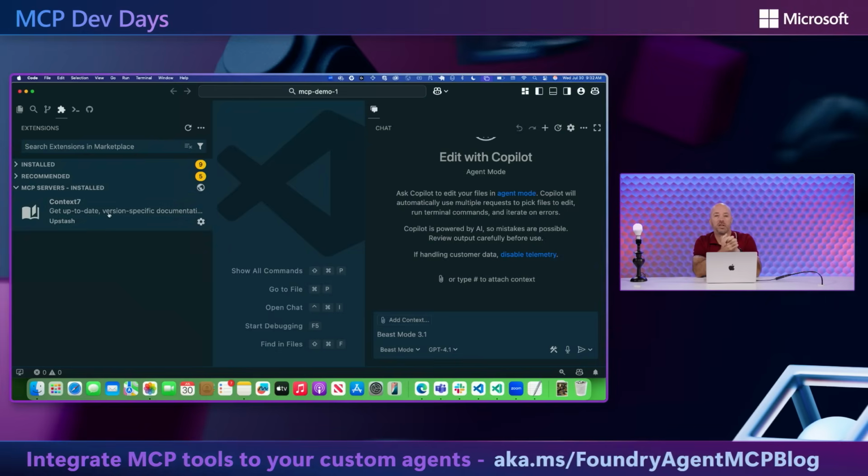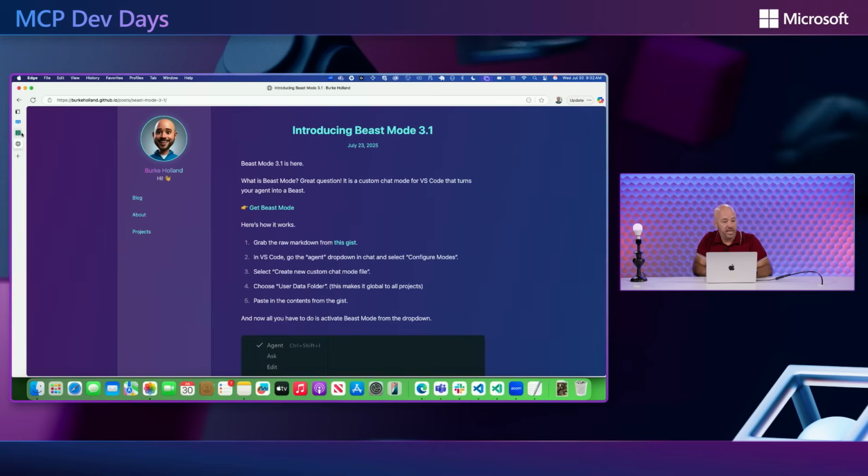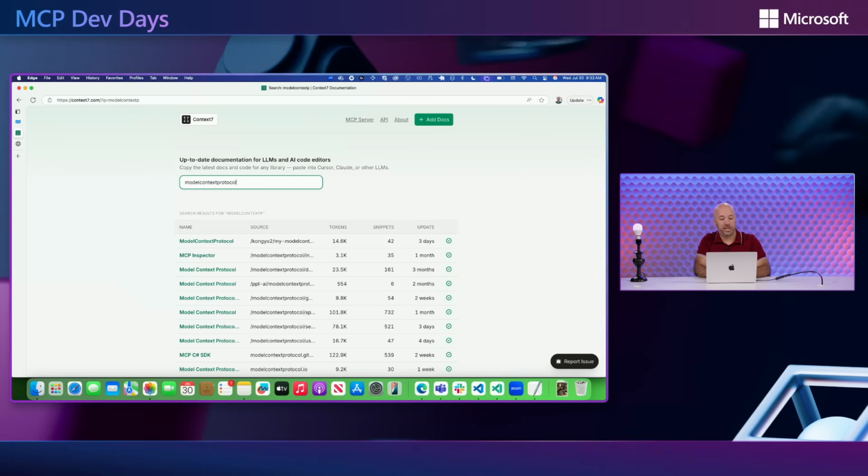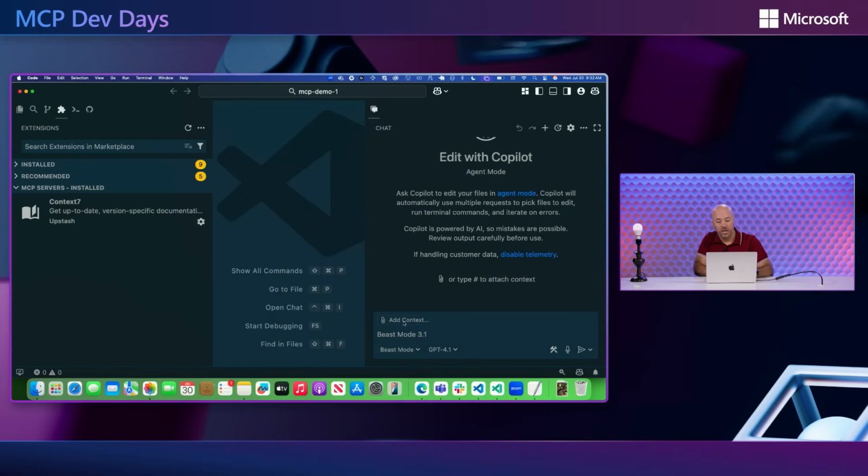which I've already installed. Context 7 is up-to-date documentation for LLMs and AI code editors. So in this case, for instance, if we want to create a model context protocol server, let's just look for it. You can see it's here in Context 7. So Context 7 has the latest docs for MCP, so we're going to use that,